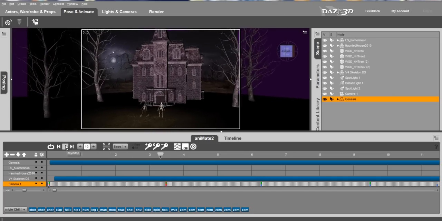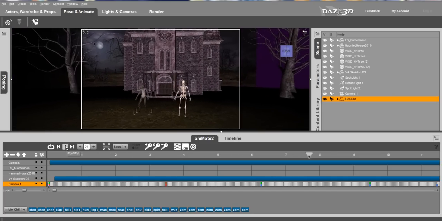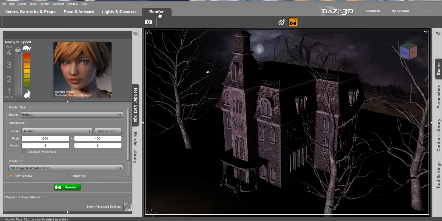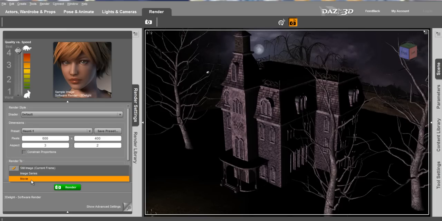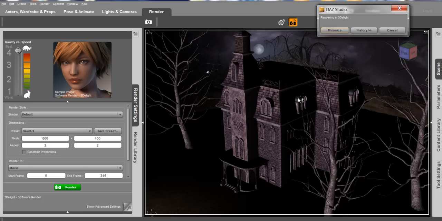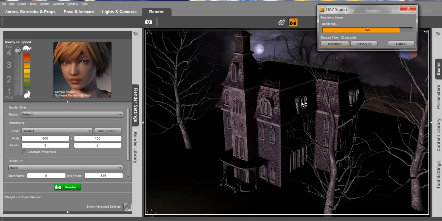You know, we're just dragging and dropping these blocks that are down at the bottom up and assigning those to each figure that's in the scene. Very simple. Now we're going to move to rendering. We're going to select the movie. Just going to do a quick little screen render in here, just a drag and drop render to make sure that things are looking okay.